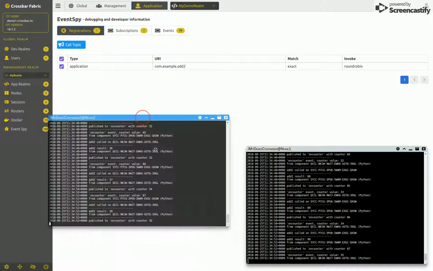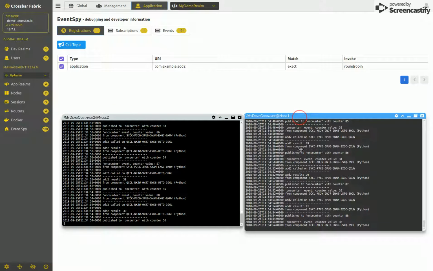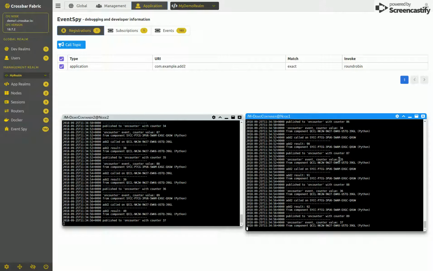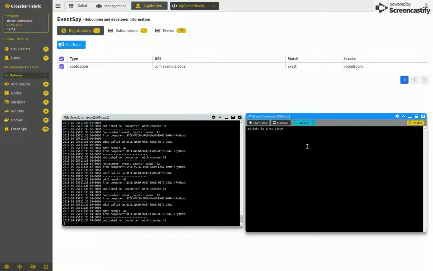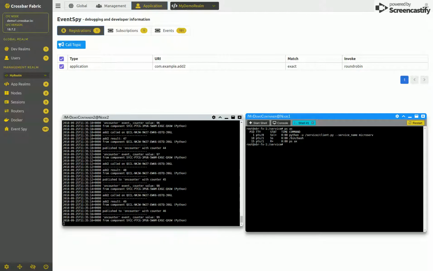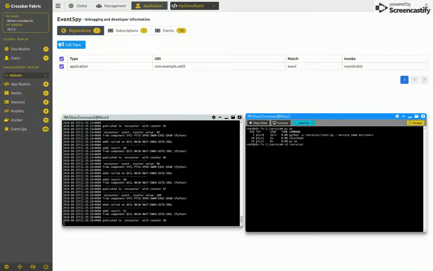Okay, so what we can also do, if we have a look at the first container and click on the cog icon, we can start a shell inside that container. So this is the running command, and this is our shell session. So if we have a look at the source code, does it have VI? Probably not. So I can